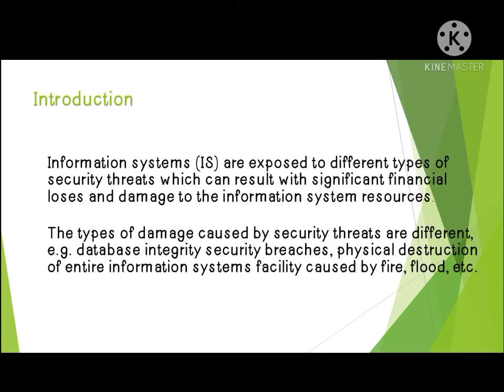Information systems are exposed to different types of security threats which can result in significant financial losses and damage to information system resources. There are many types of attacks, like cyber attacks, damage, and errors to be aware of. The types of damage caused by security threats are different. Examples are database integrity security breaches, and physical destruction of entire information systems or facilities caused by fire, flood, or lightning,